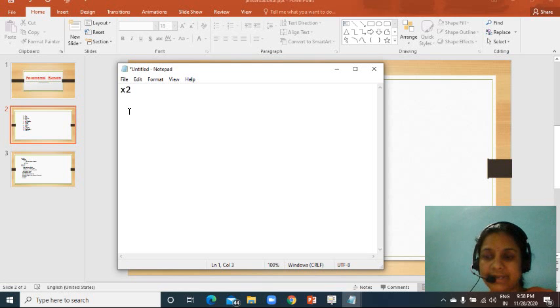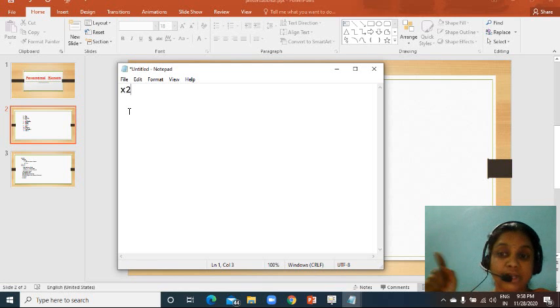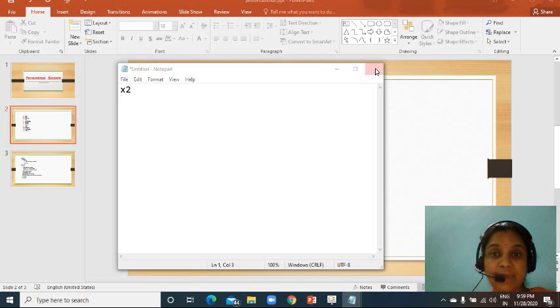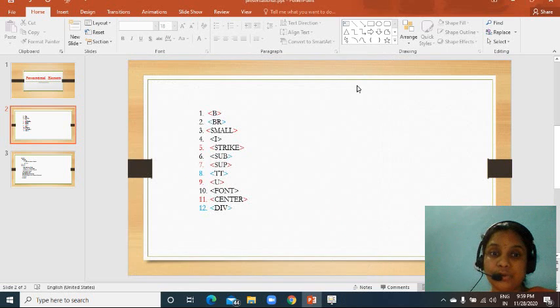No, it's not right. The square should be on the top side, displayed at the topmost. We cannot write that in plain text, but with the help of HTML you can write it. That is subscript and superscript. Sub means H2SO4, and super means x square. I will show you here.